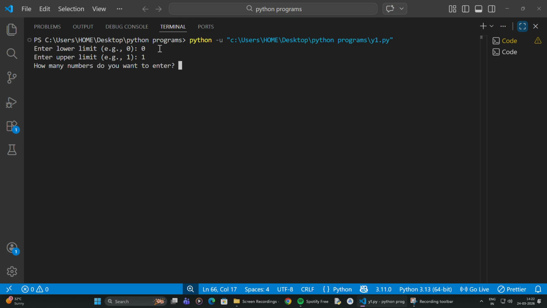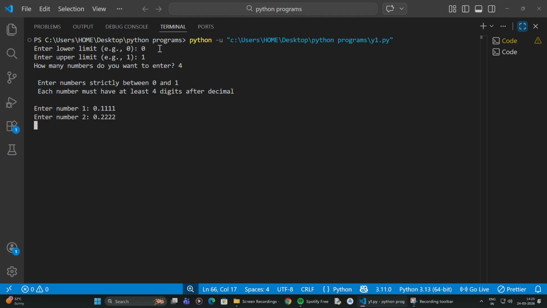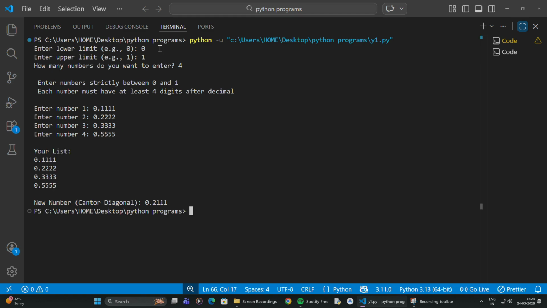Let's say I want to input 4 numbers, and here you can see there are 2 pieces of information that you should strictly keep in mind. So the first input will be 0.1111, next input will be 0.2222, 0.3333, and the last one I am going to give is 0.5555.